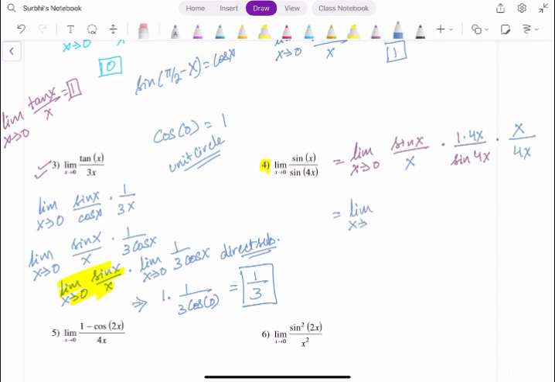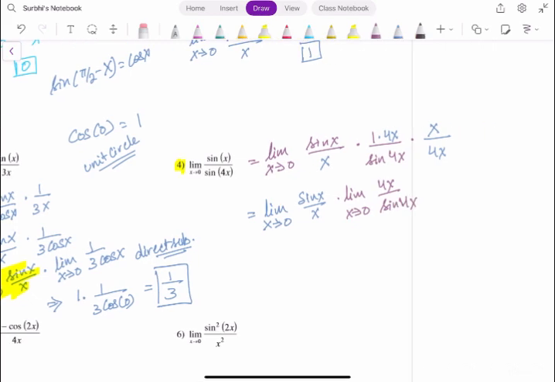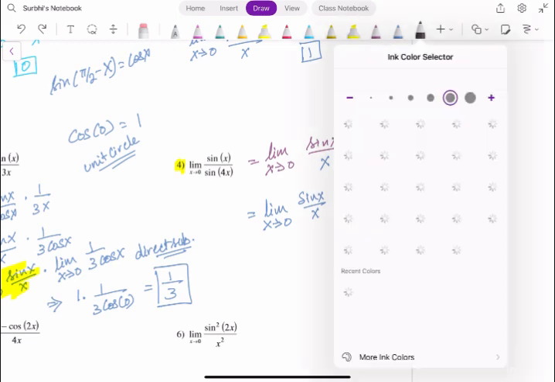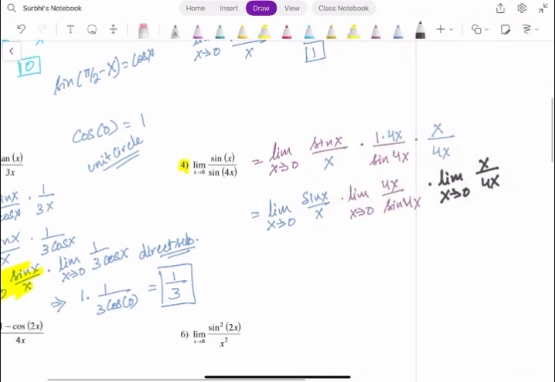So let's rewrite it, with the proper limit notation again. We can write it in three different limit notations: the limit as x approaches 0 of sine x over x, the limit as x approaches 0 of 4x over sine 4x, times the limit as x approaches 0 of x over 4x. Here's the thing, whether it is sine x over x or x over sine x, it will result in 1 only. So the first limit and the second limit will give you only 1. So we are left with 1 times 1